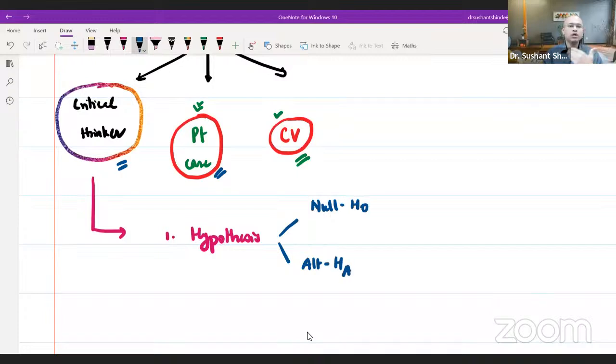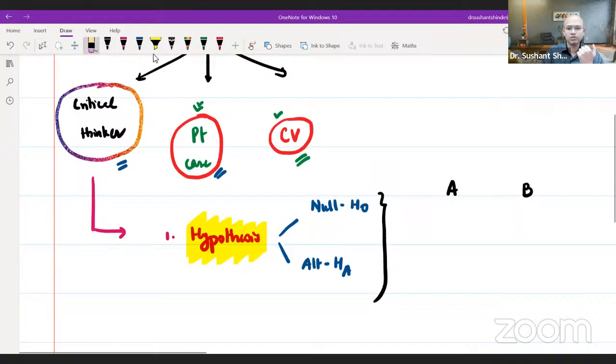So we are going to learn how this happens. How do you generate a hypothesis? How do you come up with an idea ki this is what I want to prove, right? Within that, you can also try to prove different things. For example, there might be ways in which you might want to say, you know what, I think these drugs work. Let's say there are two drugs. There is a drug A and there is a drug B. Or let me rather change the names. Let me say there is a older drug and there is a newer drug. Now you can have different types of hypothesis.